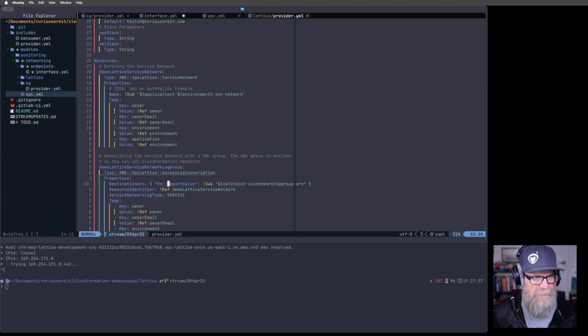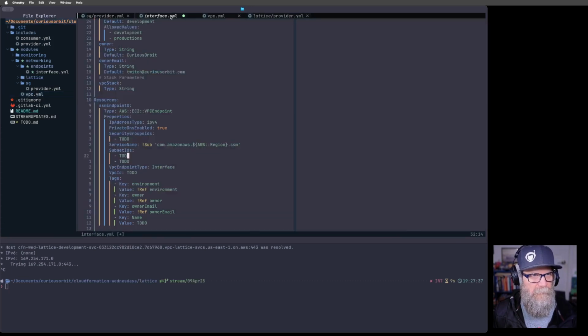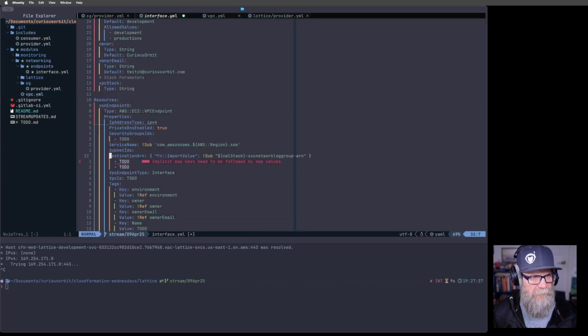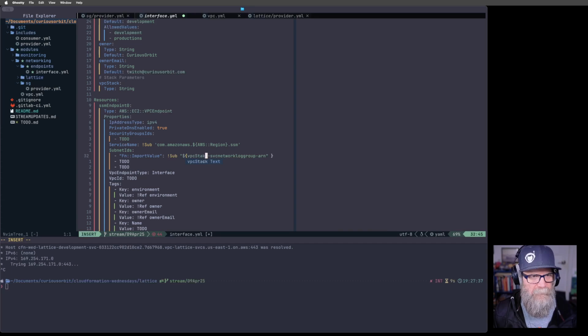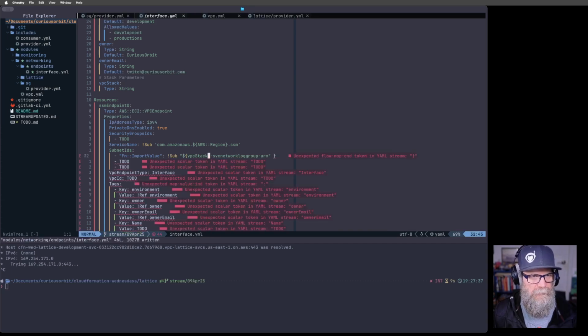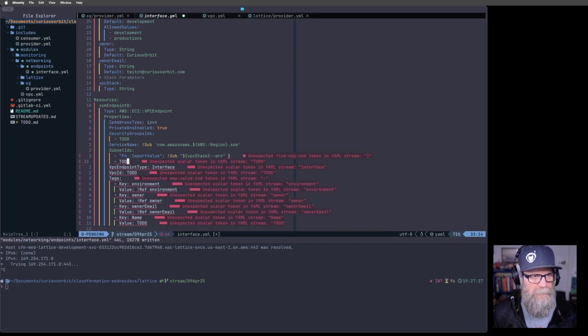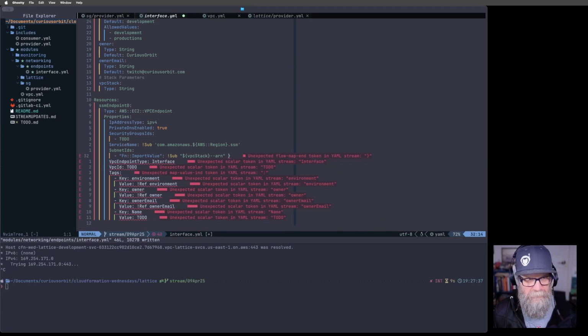It's in one of these templates already. There we go. So we're just going to yank this line. We're going to go back over here, and I'm going to paste it. Okay. And we're just going to get rid of all this. Do this, and in our case, this is going to come from our VPC stack. So what we're doing here is we're using an export value from our previous stack to go in here,